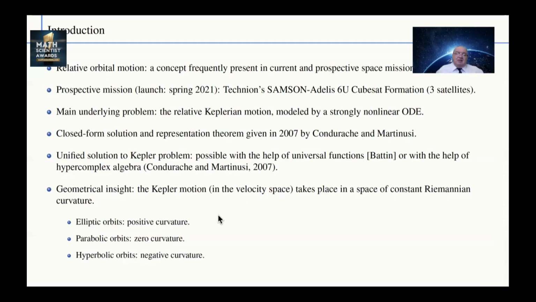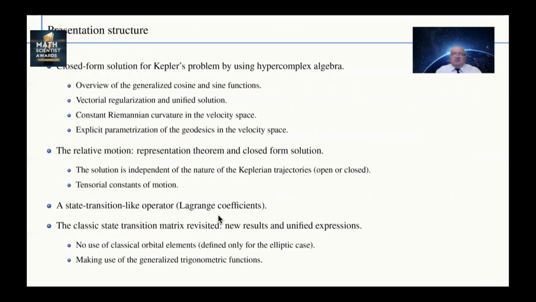Geometrical insights: the Keplerian motion in velocity space takes place in a space of constant Riemannian curvature. For example, for elliptical orbit, the space has positive constant curvature. For parabolic orbit, zero curvature, and for hyperbolic orbit, negative curvature. The structure of the paper: 1. A closed form solution of Kepler problem by using hypercomplex algebra,